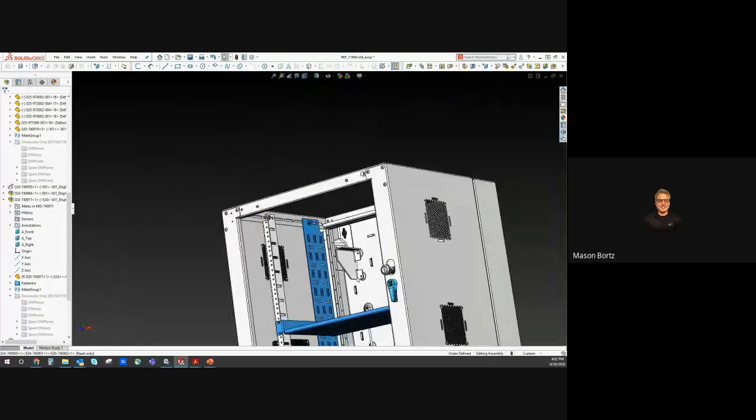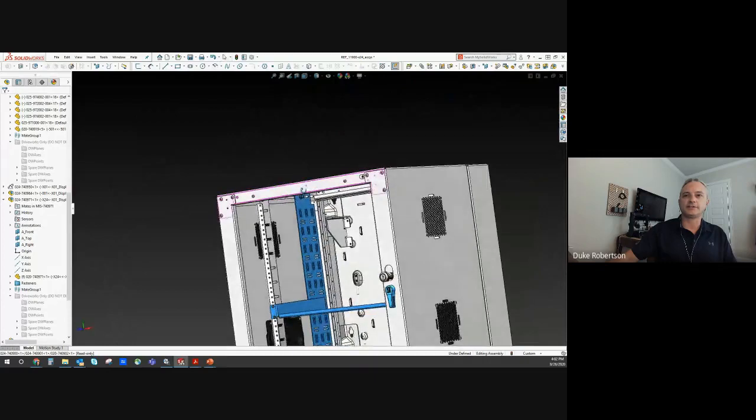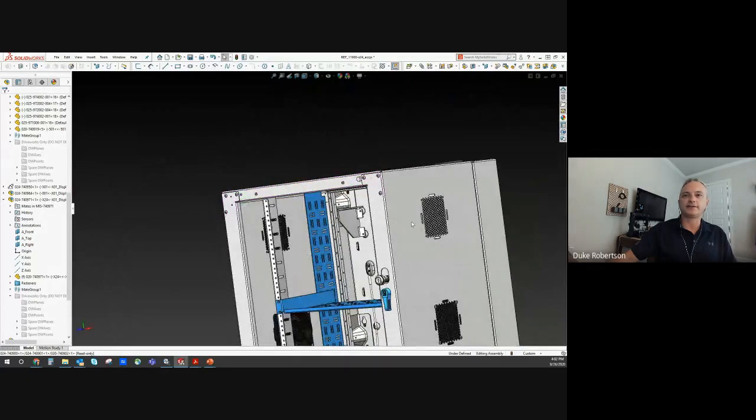Can that be mounted on the back of the cabinet as well? Yep, it's all symmetrical. So the same feature is at the top, bottom, front, and back. Great. And then I'll show you on the data sheet as well that we have